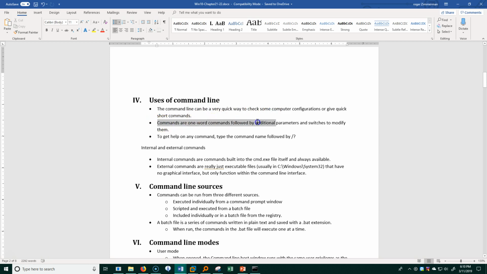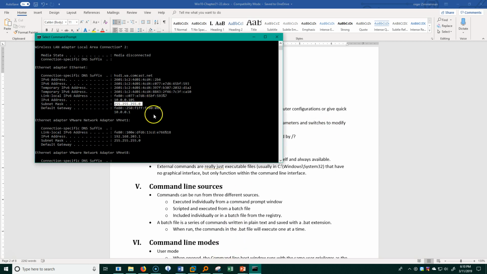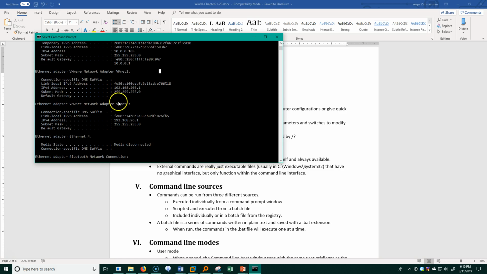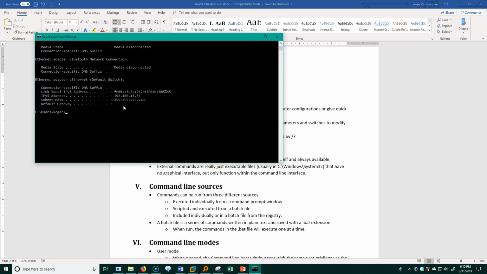Commands are always one-word commands followed by additional parameters. Now, I didn't give you any additional parameters here, but I could have. You notice that this output is not really particularly large, but watch this: ipconfig, and then I'm going to put a space because ipconfig is the actual command, and now I'm going to add a parameter, and that parameter is all.